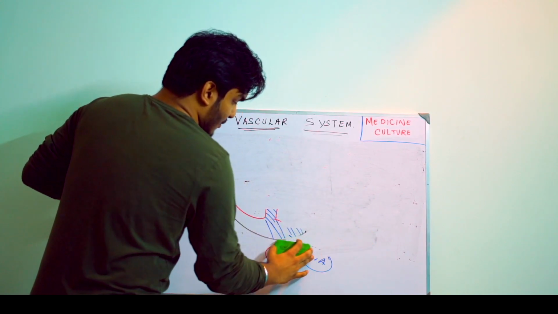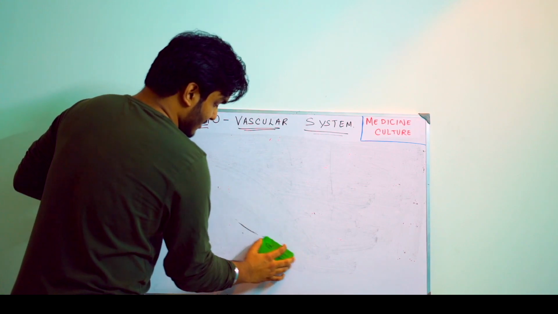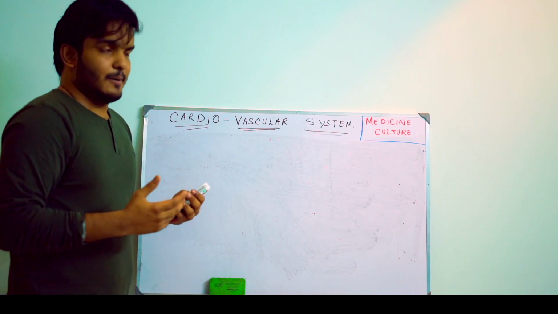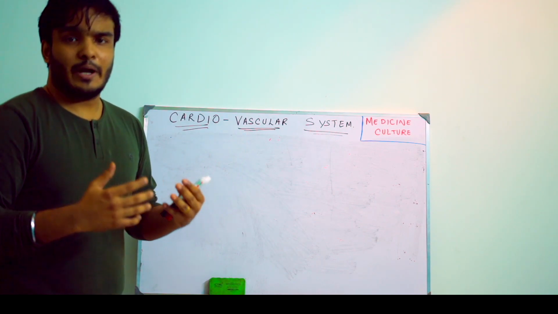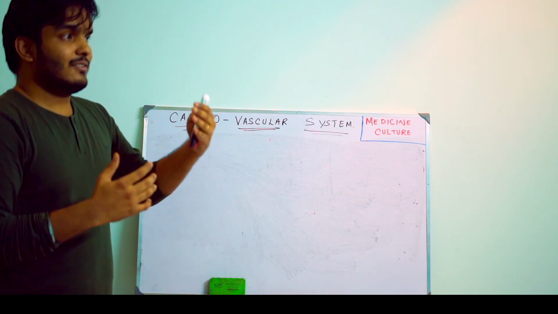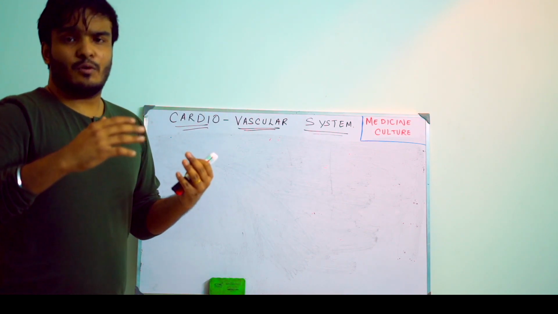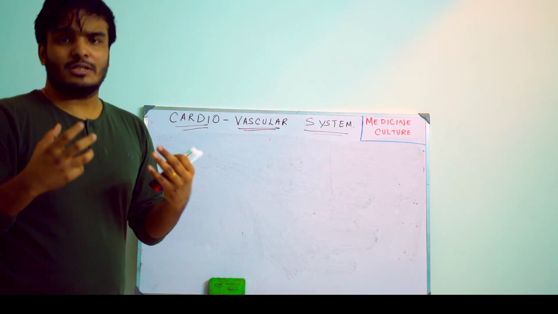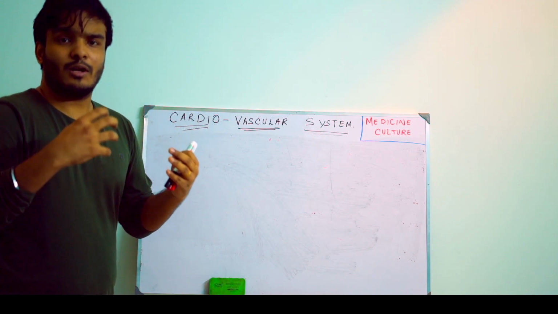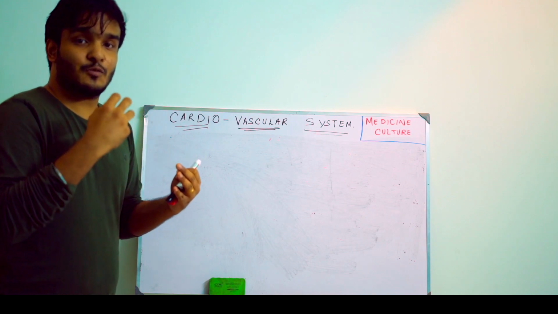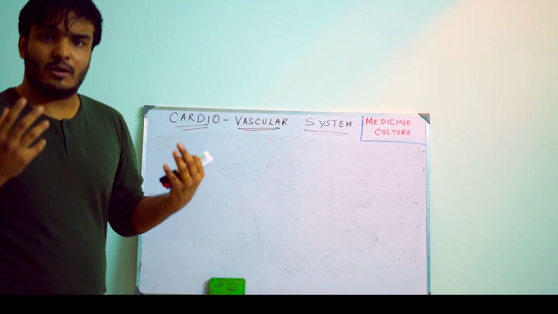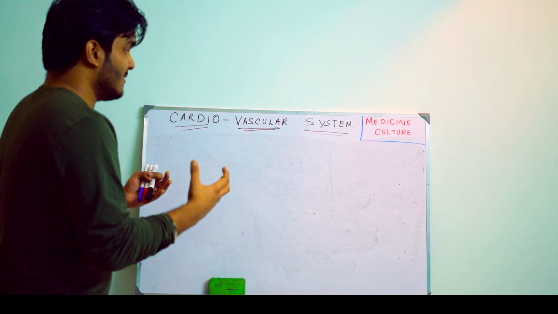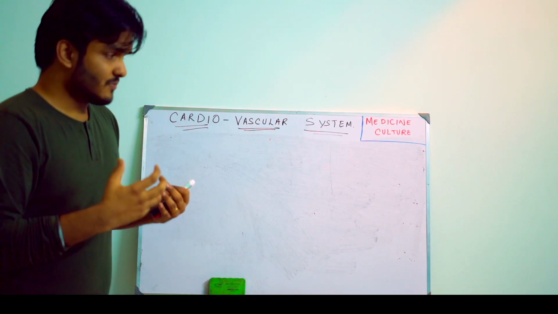So why am I stressing you guys to learn this? Because, for example, I get an ECG and I see the patient is having myocardial infarction. I see the leads. For example, we take V3, V4, V5, V6, that is lateral leads, V5, V6. So I should come to a conclusion that the patient's heart is having lateral wall myocardial infarction. So which artery is responsible for it? Which artery supplies the lateral wall of the left ventricle? Yes, the left circumflex artery. We need to come to a conclusion. So that is the purpose of remembering these anatomical facts.